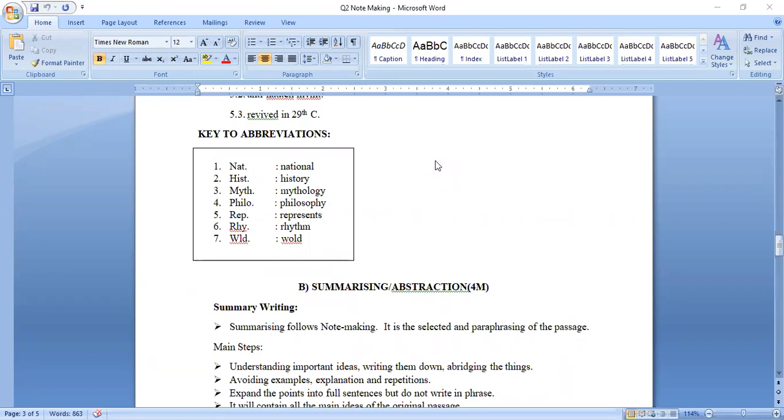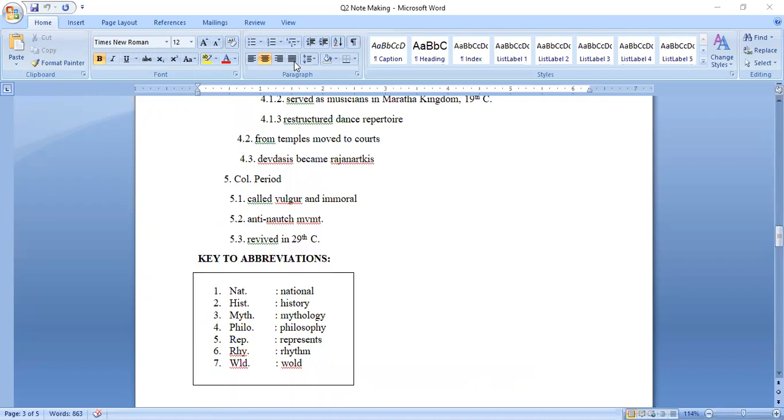Likewise, you can also take something. So we are completing that, right? We are completing